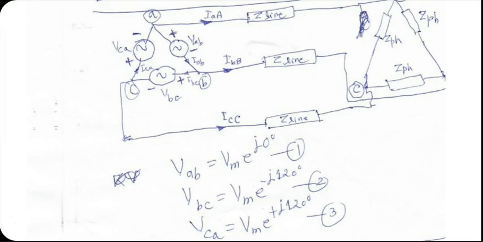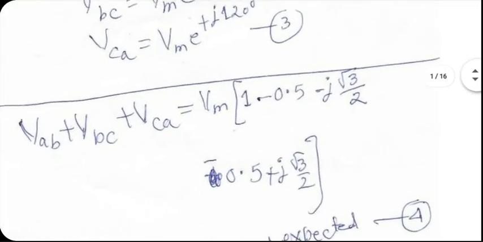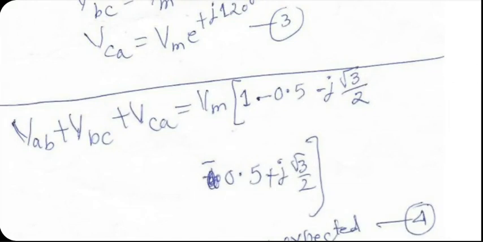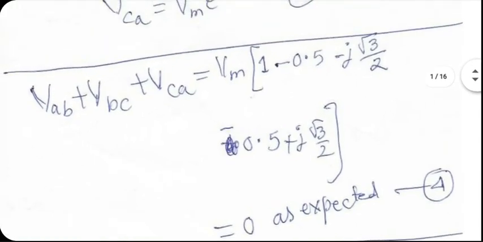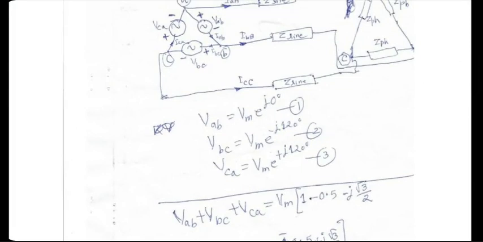First of all, because of the KVL around the loop on the generator side, you should have VAB plus VBC plus VCA equal to 0. And I think that is satisfied. You can check it out yourself. Put the values of e to the power minus j120 degrees and e to the power plus j120 degrees. You should get 0. So the people who thought about delta system were right in assuming these voltages. At least that KVL is satisfied.